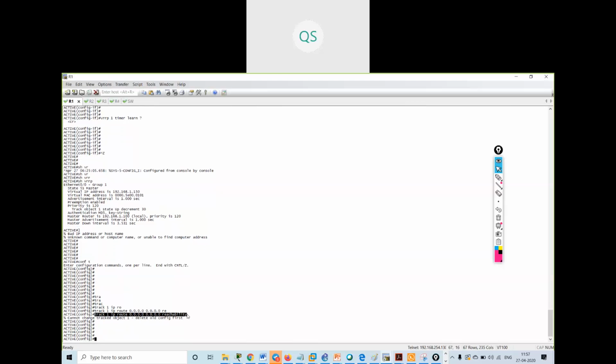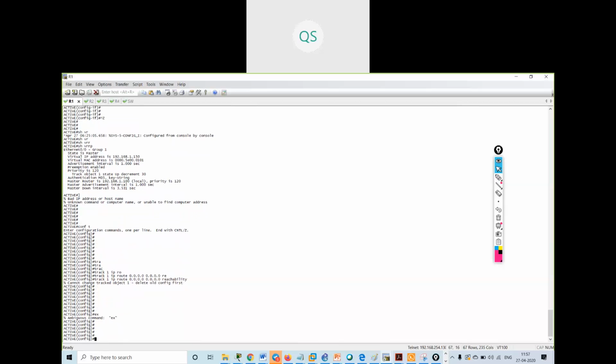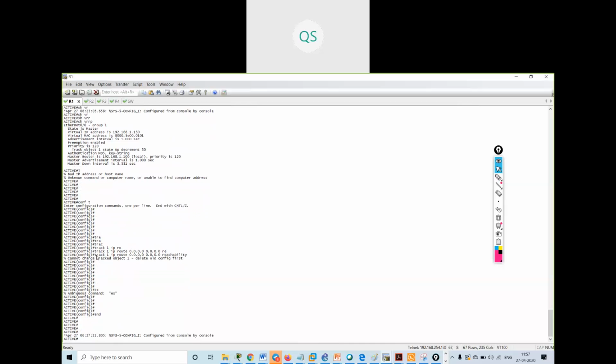Understood? So you have two ways: either you can track the interface, or you can track the default route. Understood?